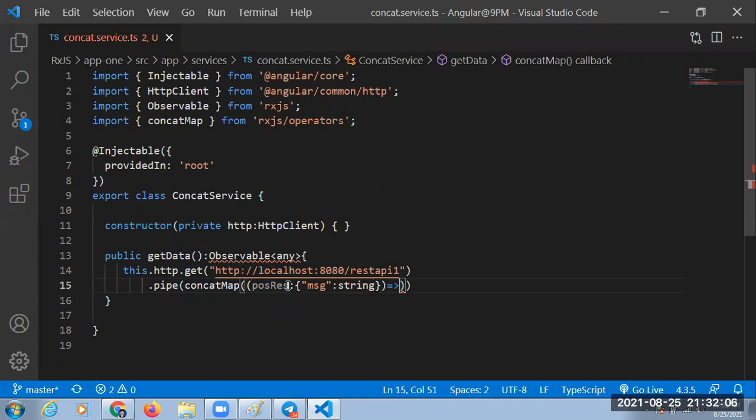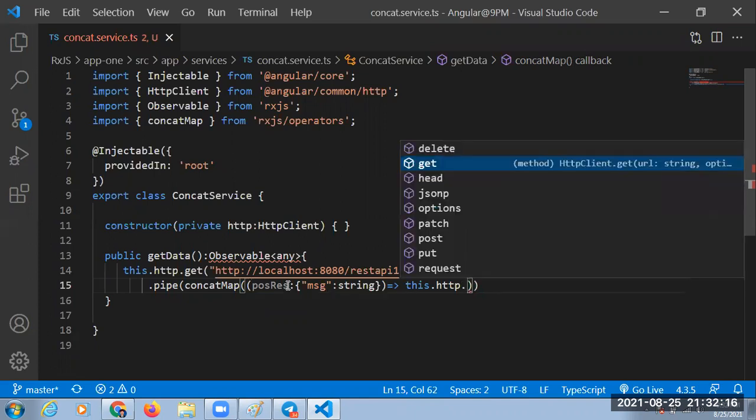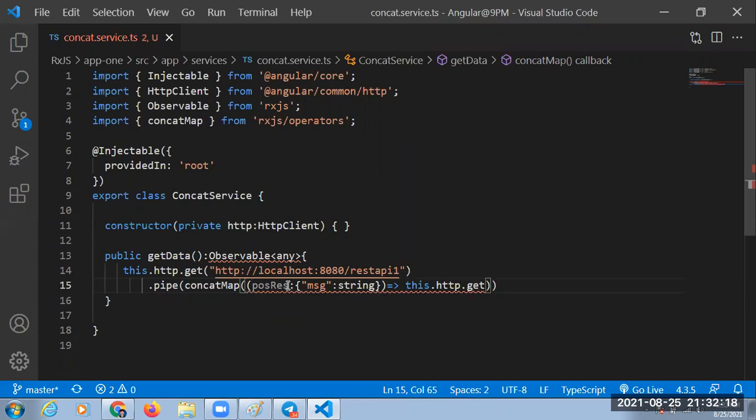Next one, see this one here. How to make the REST API call to anyone? this.http.get off. Same, can I do this one here? Let me copy this one and paste here.